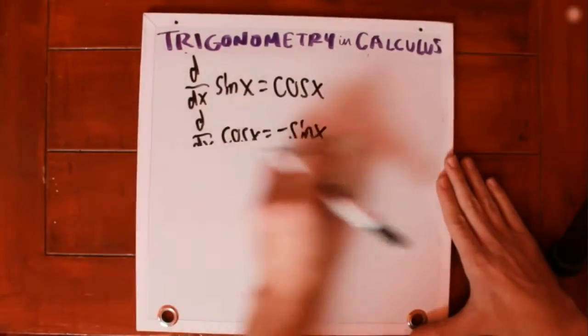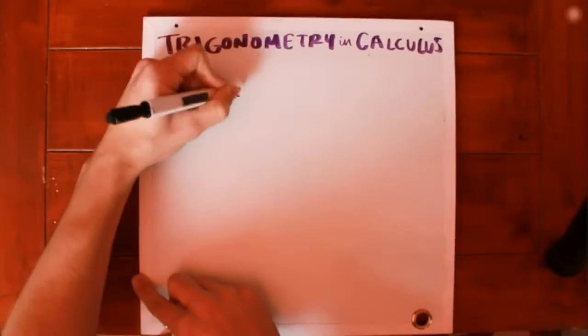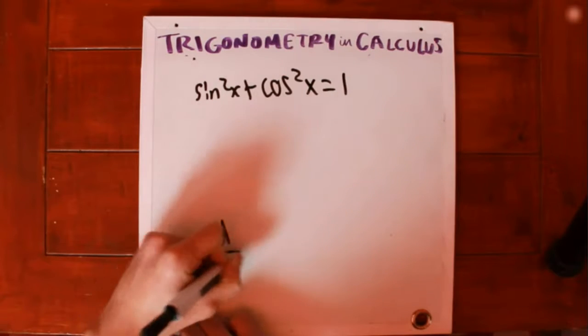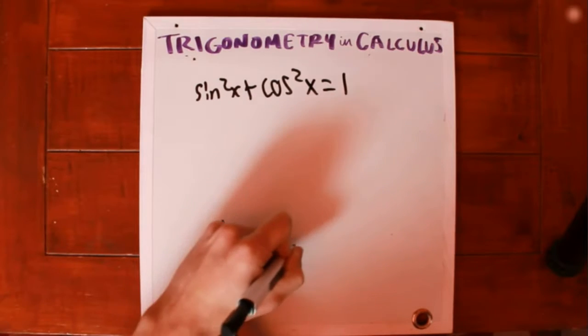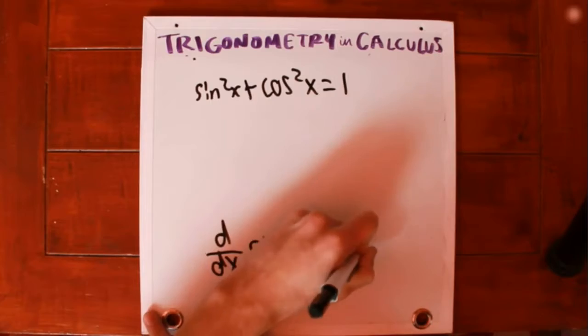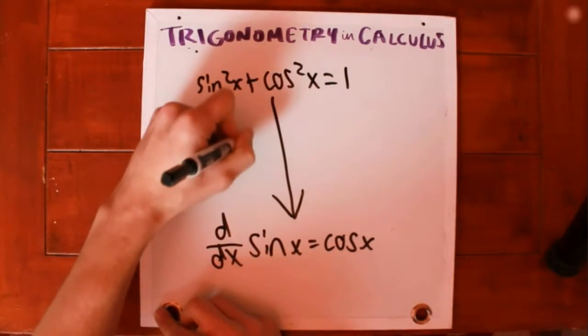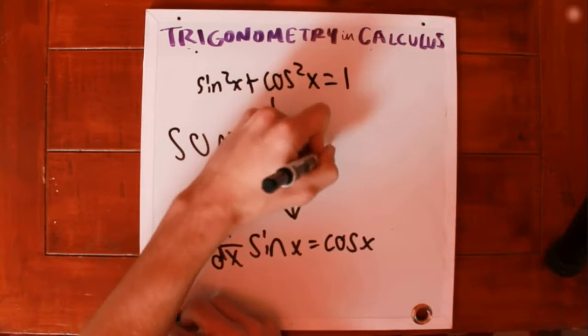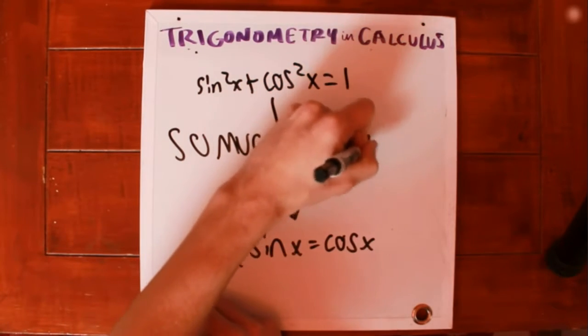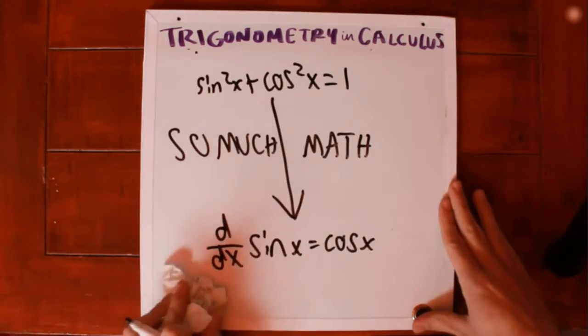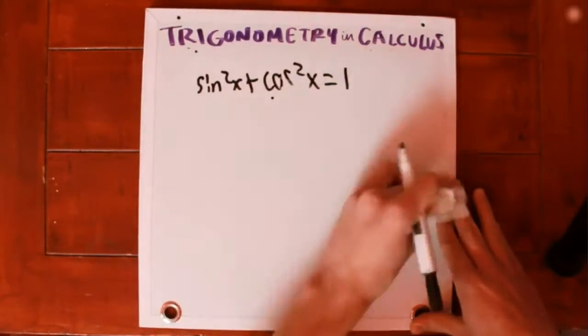Now, I could do this mathematically, but that requires a really long set of complicated trig identities we haven't worked with yet. Getting you from the Pythagorean identities to the things you need to know to prove that the derivative of sine is cosine would be a lot. Seriously, there are semester-long courses dedicated to that, and I can't cram that into one video. Trust me, I tried. God, did I try. But I scrapped all of that because it confused me and I don't want it to confuse you, so